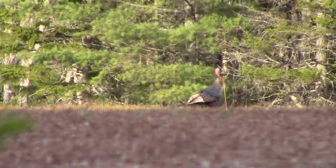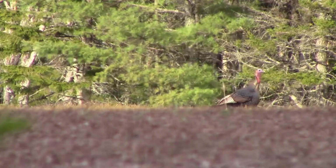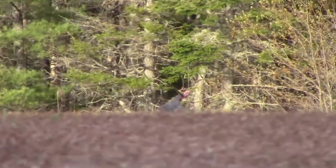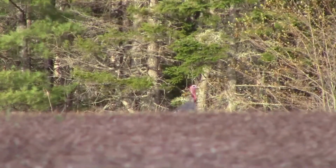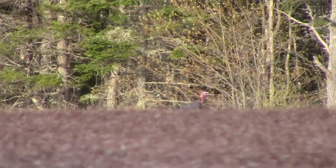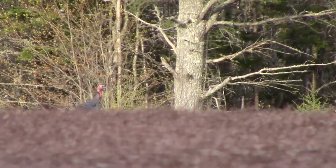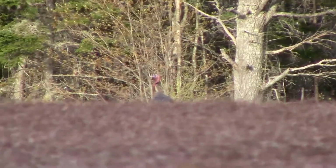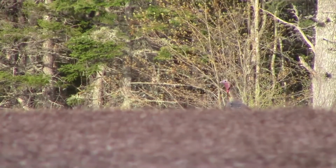There's a huge pile of rocks over to my right. Could sneak out behind them, pop up and take a jump shot. Too hard with the bow. I need a shotgun. Unfortunately,